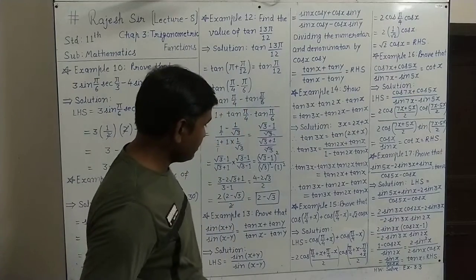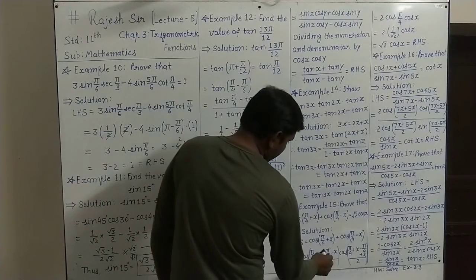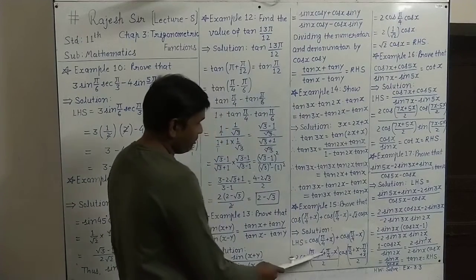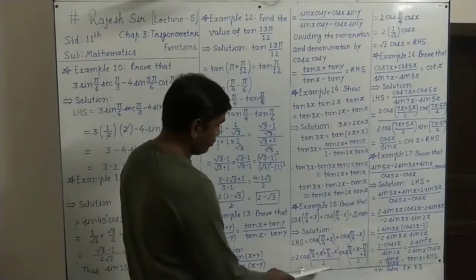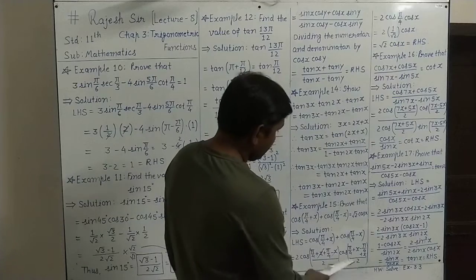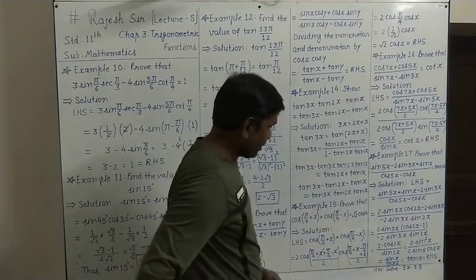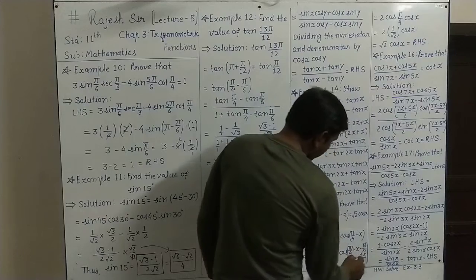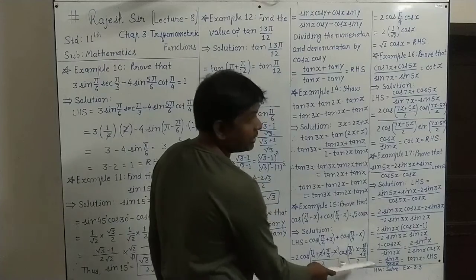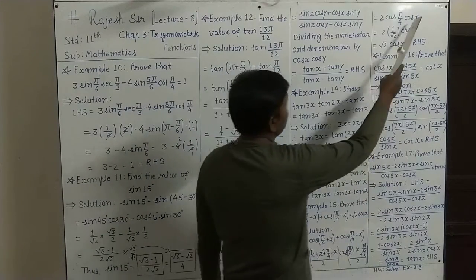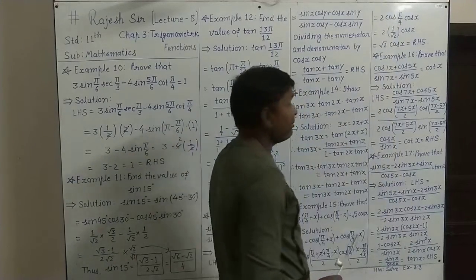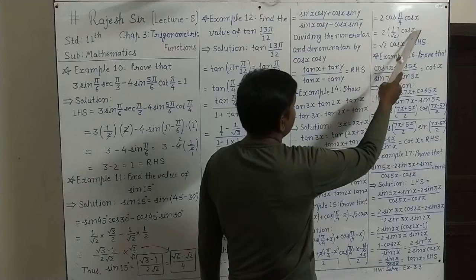Now simplify this. In this bracket, as you can understand, plus x minus x cancels. Here we have 2 cos of pi by 4 plus pi by 4, that is 2 pi by 4, by 2. So you will have 2 cos pi by 4 for this. And in this cos, what do we have? Plus pi by 4 minus pi by 4 cancels. It is cos of x plus x, 2x upon 2, and 2x upon 2 cancels, meaning cos x only. So this is cos x. Now equals 2, and cos pi by 4 from the trigonometric table has the value 1 upon root 2, and cos x as it is.